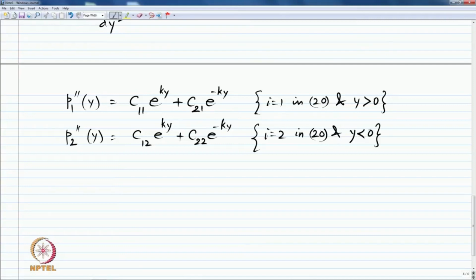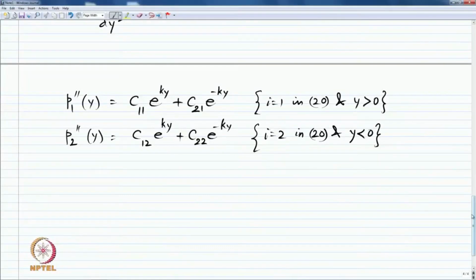So, that is our location of the two fluids 1 and 2. 1 is located in the region y greater than 0 and 2 is located in the region y less than 0. So, this is the most general form of the solution